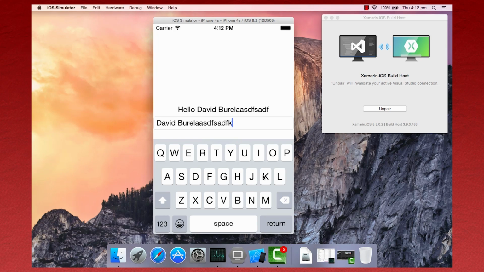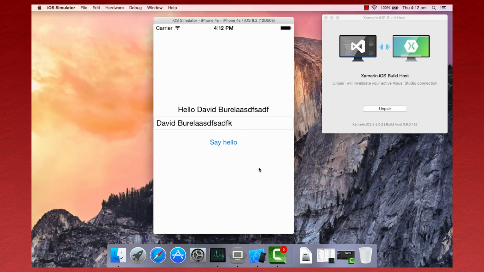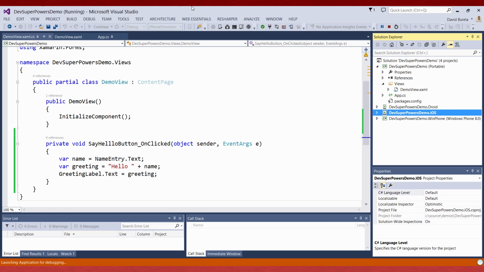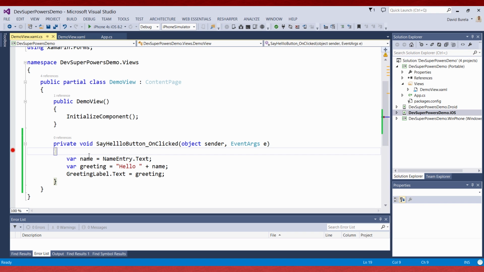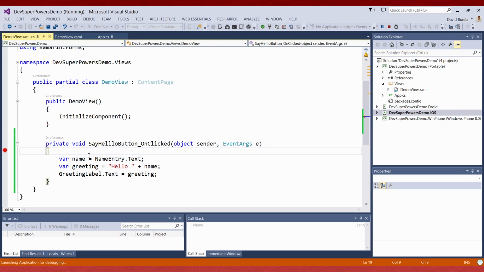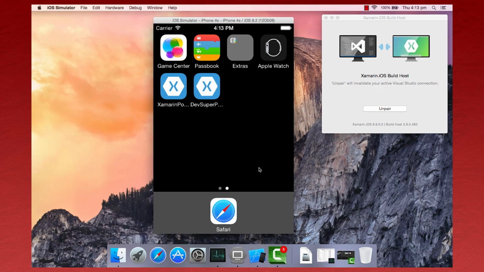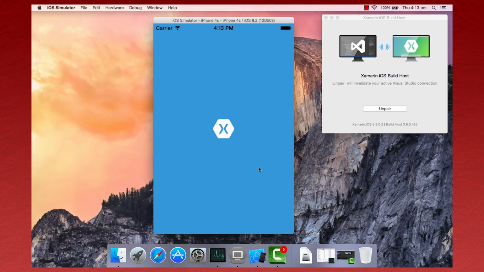Okay, and the good thing about it running here is, if we stop debugging here, actually I didn't need to stop debugging, let's put a breakpoint here and start it up again. Xamarin have done all the coolness to get the two things connected to each other, so you can have the emulator running on the iOS, and when you do something and hit a breakpoint, it's going to go back here to Visual Studio. So it's come back up, and then once it's finished loading,